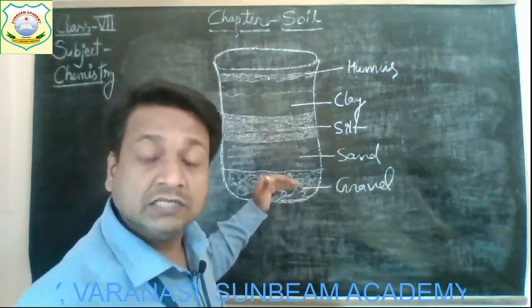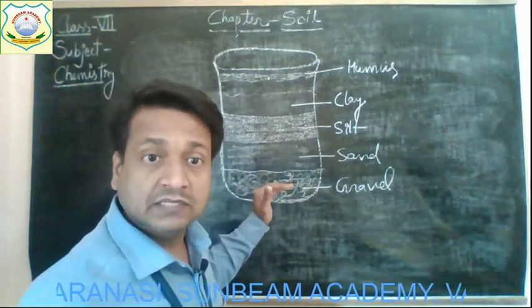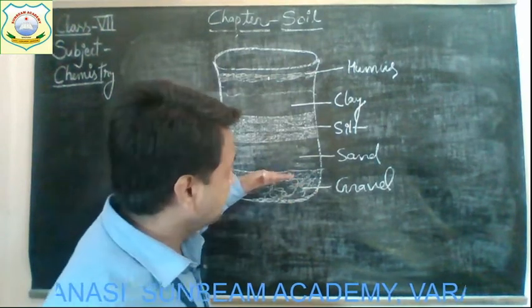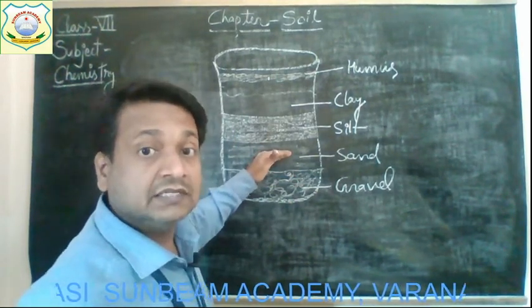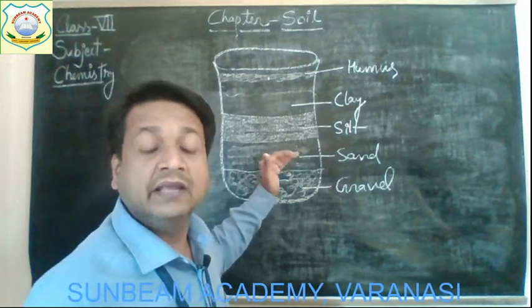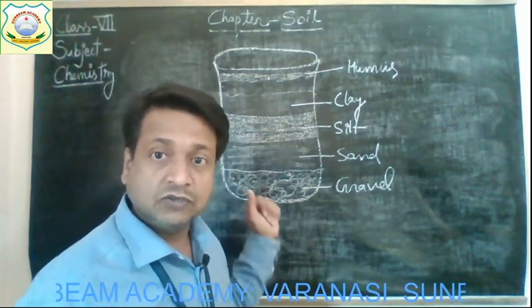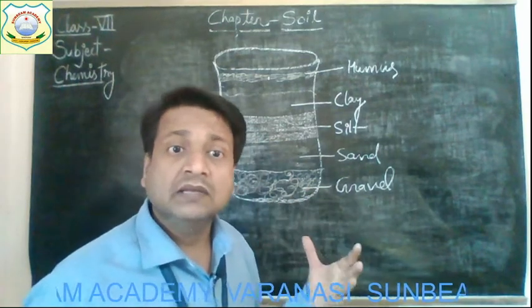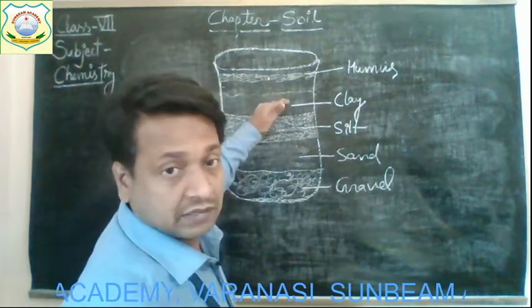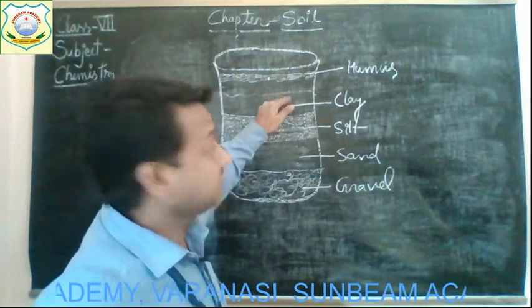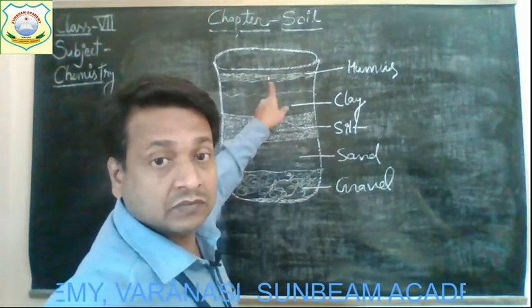Okay, and the gravel are the heaviest particles. Above the gravel is the layer of sand, and above the sand, the layer of silt. Understood, children? And the top layer consists of clay. Get it? And the humus is floating above the